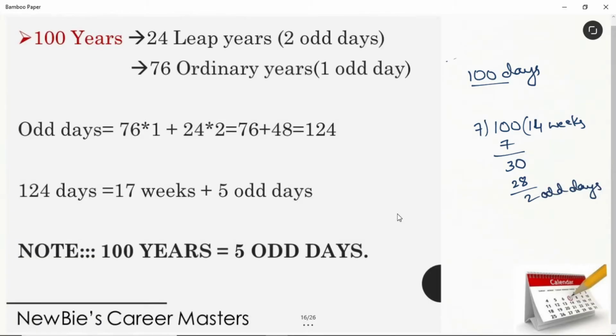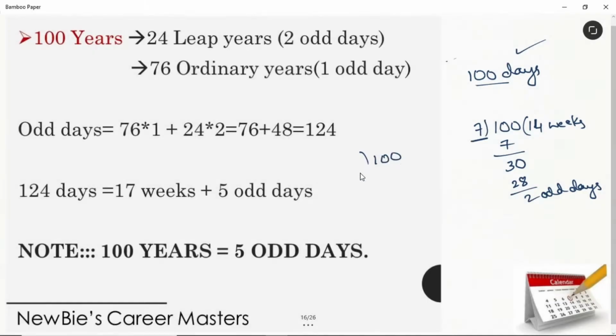Now, let's change the question to: how many odd days are there in 100 years? Newbies, be very careful. We can't use the same method to solve this question. See, dividing by 7 means you're grouping 7 days. 7 days means 1 week. Correct. If we divide 100 years by 7, the quotient gives us groups of 7 years. There are 14 groups. Each group has 7 years. Okay, we need a 7 days group, not a 7 years group. Am I clear? That's why we can't use the same method.